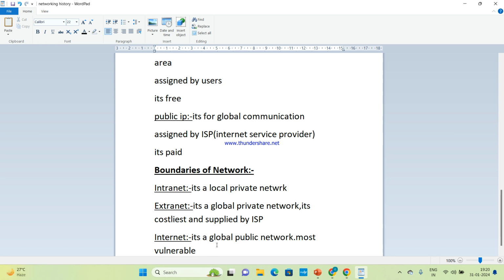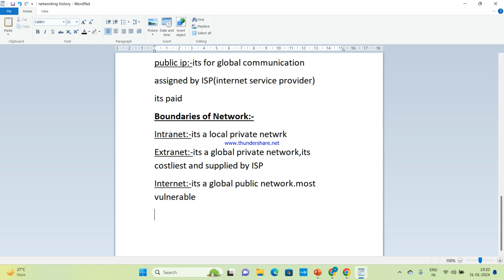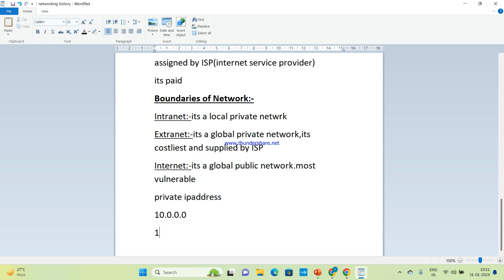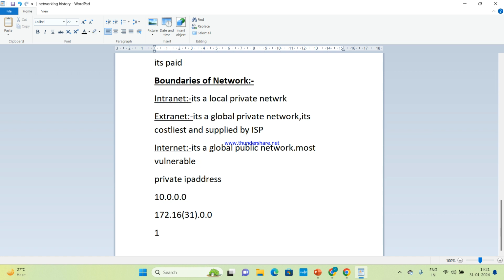So now let's understand private IPs. What is a private IP address? 10.0.0.0, 172.16 to 31.0.0, and 192.168.0.0.